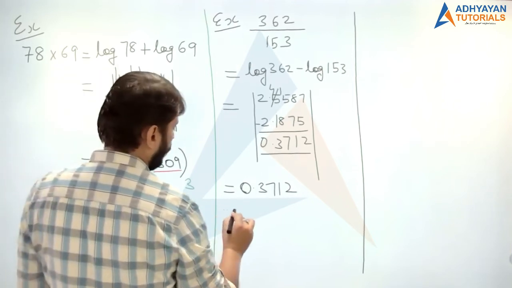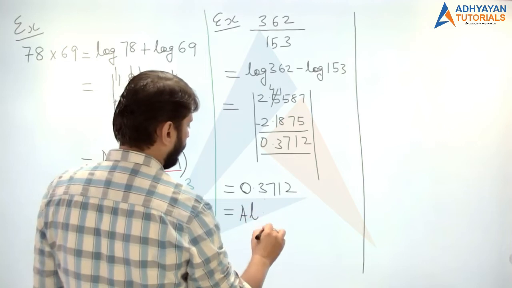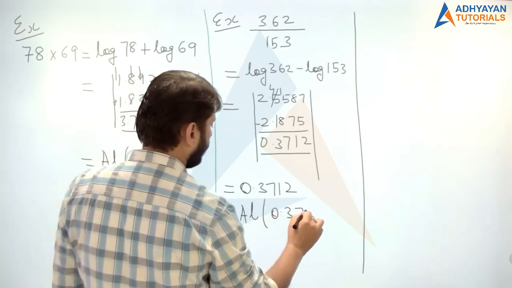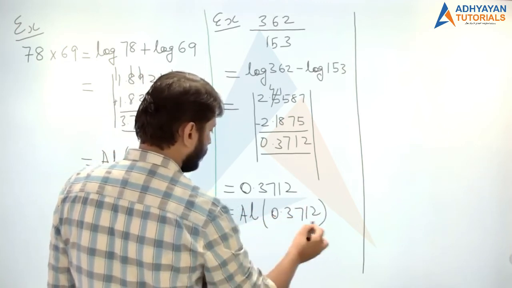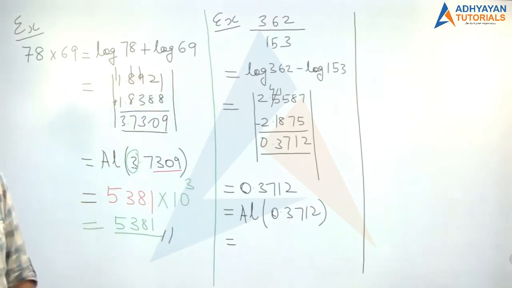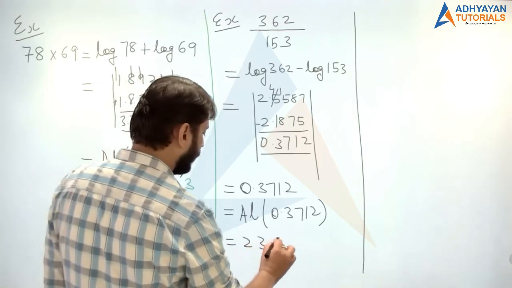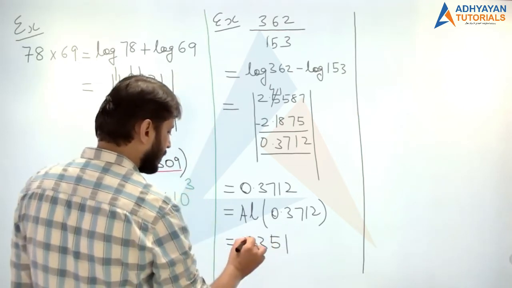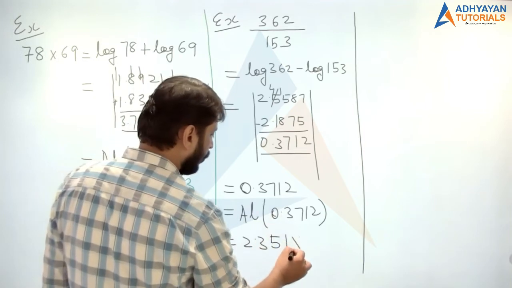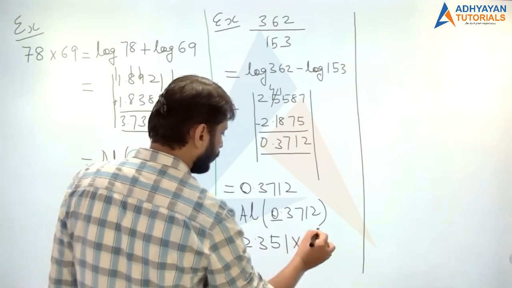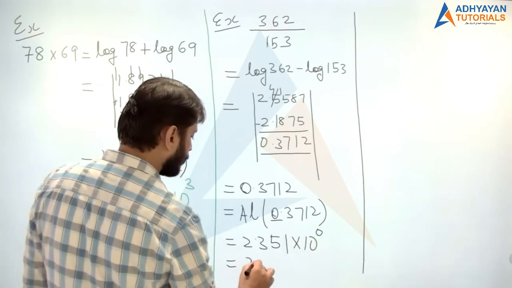Now, I know that I have to calculate the anti-log value. So, anti-log value of 0.3712. I will check the anti-log table for 0.3712. I will find 0.37 here. And 1 is 2350 and 2 is 1. So, 2351. Decimal after the first digit into 10 raised to this number, which is 0. 10 raised to 0 is 1. So the final answer is 2.351